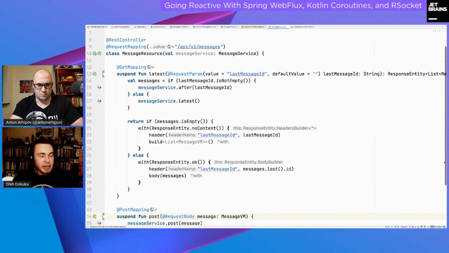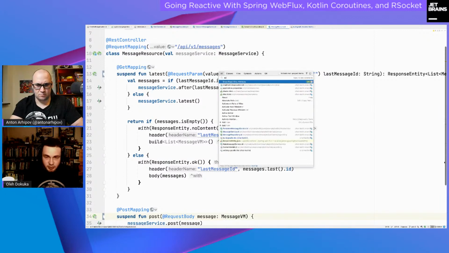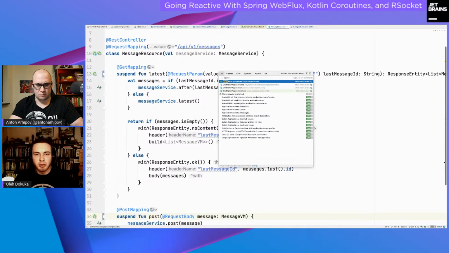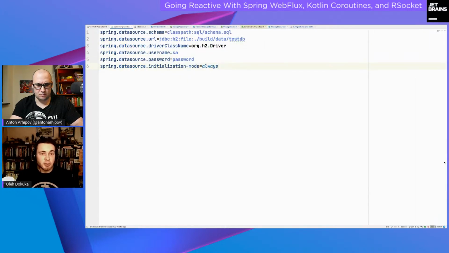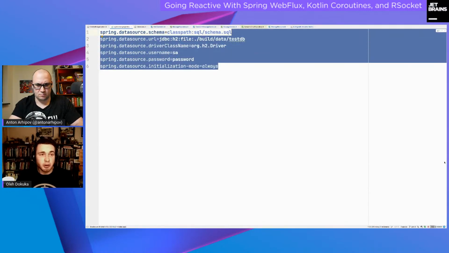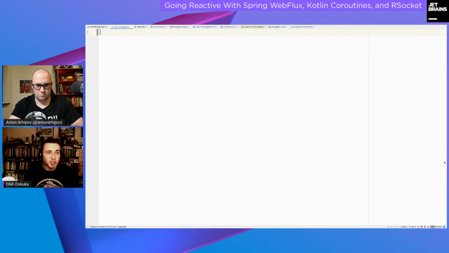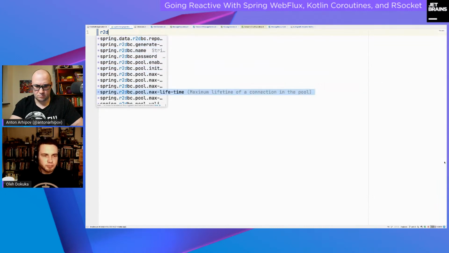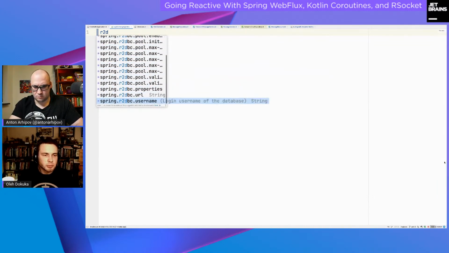All right. As I mentioned, we need to modify a couple of things. The first one is in the application properties file. So let's go there. Here we use a standard data source configuration, but as I mentioned, Spring Data R2DBC offers a little bit different one. So we need R2DBC. Okay, I don't have the suggestion here, but I can write R2DBC URL,